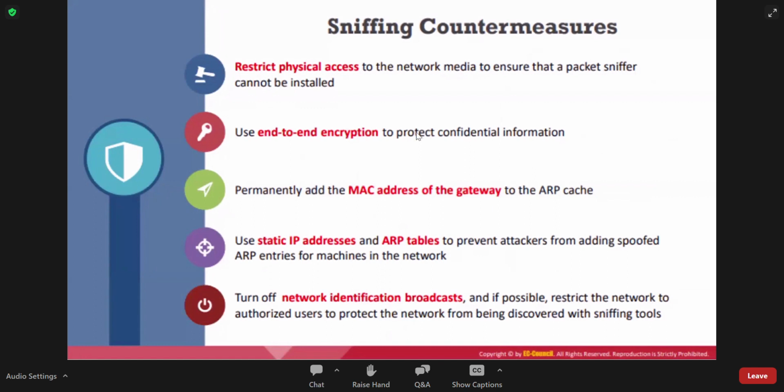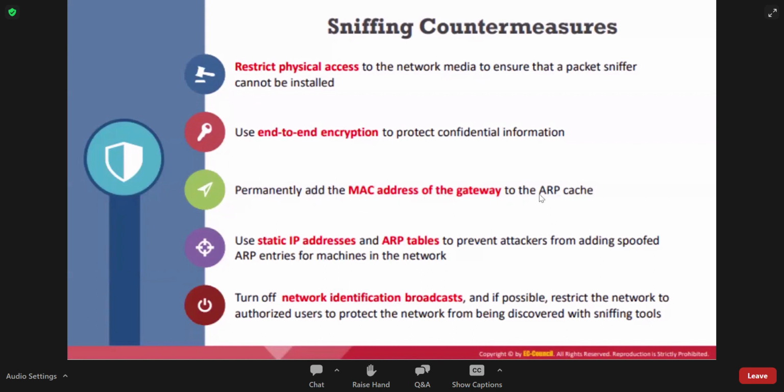If your internal network is safe, like you have a very good firewall, you can use unencrypted traffic. It is advisable to use encrypted traffic, but in order to go with encrypted traffic you have to pay some extra money for the firewall. So that is why most people go for unencrypted protocols, and permanently add the MAC address